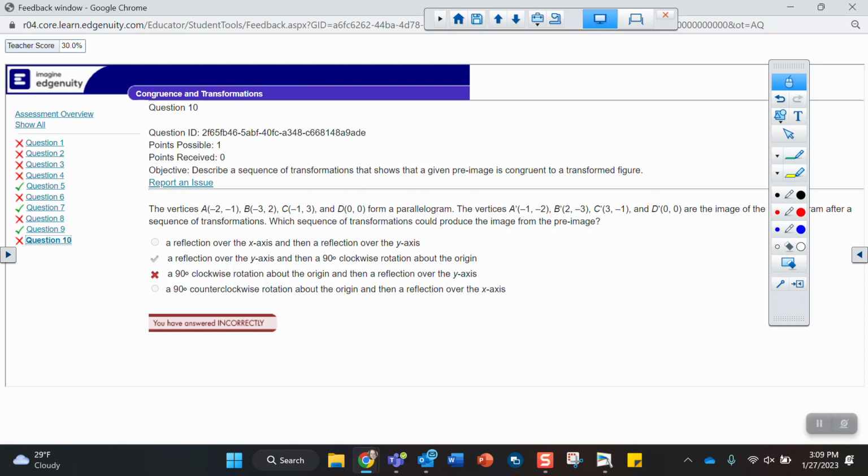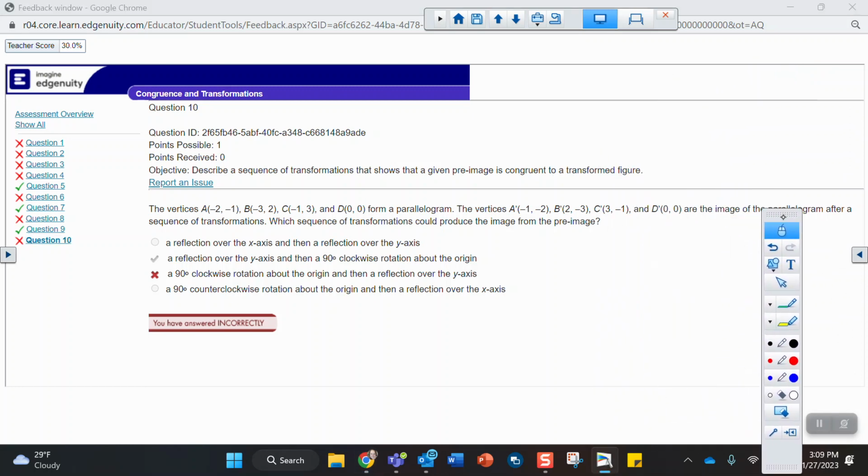Oh, and now we get to do one without even a graph. So when I teach this to my students, I teach a lot about ordered pairs, so we actually can figure out what the ordered pairs are and not even have to worry about actually graphing it. So we're given vertices, then we're given the image, and we're supposed to figure out